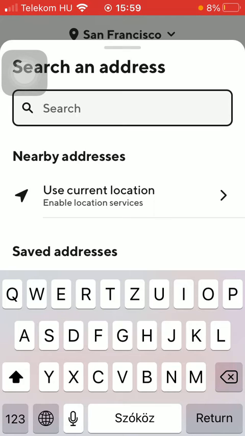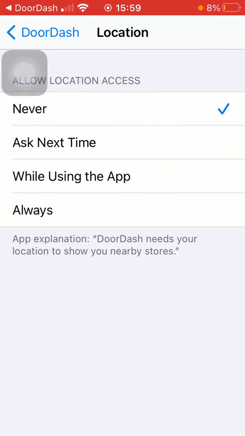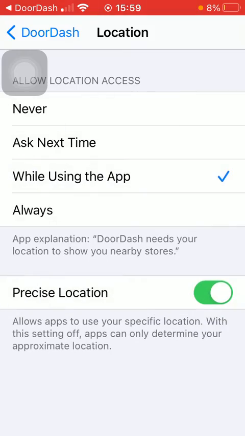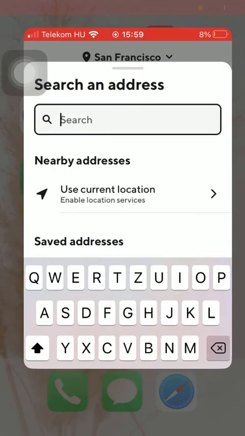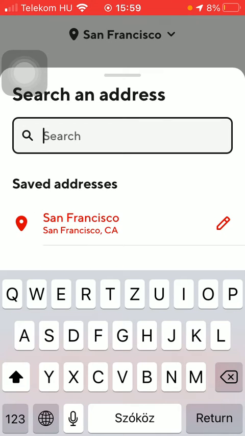If you want to use your location instead of typing in your current address, tap on use current location and then you will be directed to your phone's settings where you should allow the application to have access to your location. So select either while using the app or always. Then if you go back to the application, your location will be